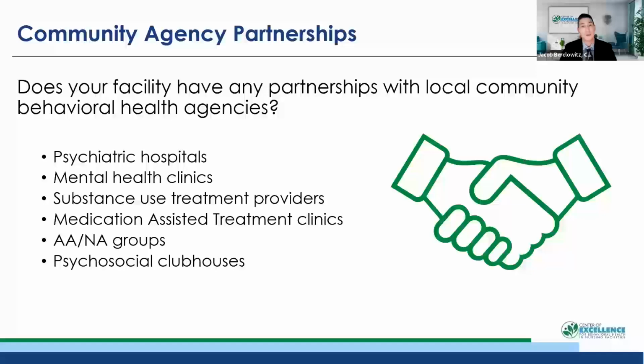But think about that. Do you have a good relationship? Is there something that you can do to strengthen that relationship? Like I was just describing, maybe sharing a provider. Sometimes I've had the experience of sharing a psychiatrist between the hospital and the nursing home, meaning the same psychiatrist that sees the patients in the psychiatric hospital is coming to the nursing home and acting as the psychiatrist for those patients in the nursing home, which provides you with a certain element of trust, right? We have this psychiatrist who's a kind of source of truth for us, who's telling both parties this is what's actually happening with the resident.